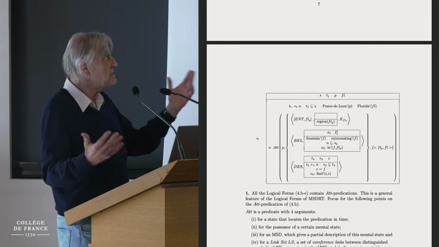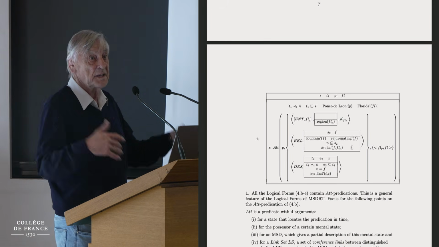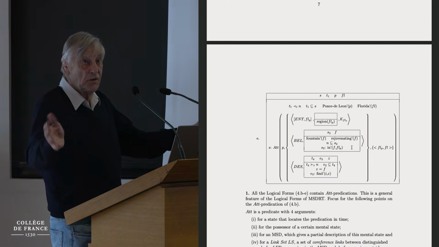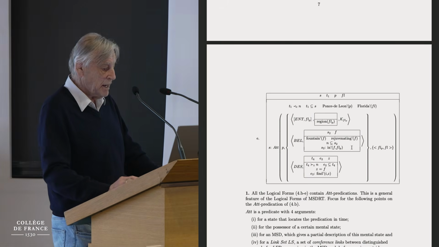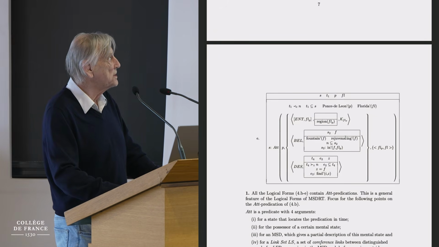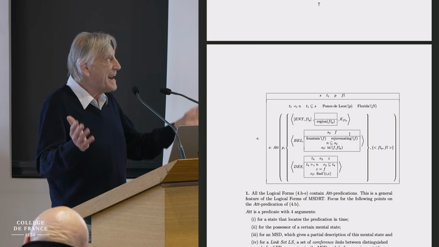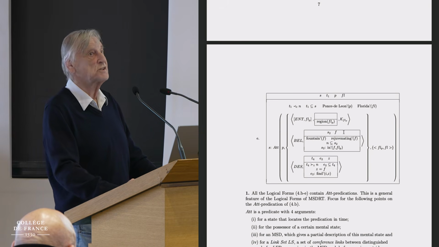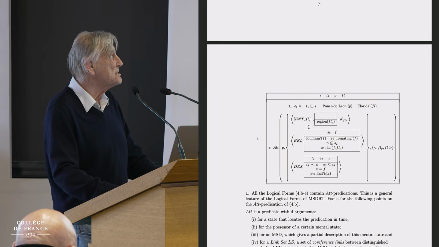So we should think of this whole thing here as a mental state description, a description of a mental state of the attributee according to the attribution, in which the content of the belief is about the referent represented by the entity representation. And that's what makes this content